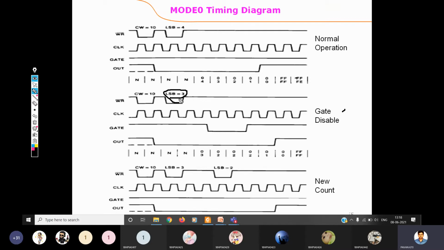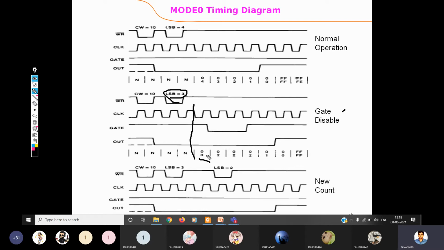Let us say some value 3 is taken to get loaded into the counter. Here also, similar to before, the counter is now entering into the new state. So the output signal is initially low. The out signal of that particular counter is initially low till the value is loaded, and after the value is loaded, based on the next immediate negative edge as reference, the counting is started, and the counting goes on.